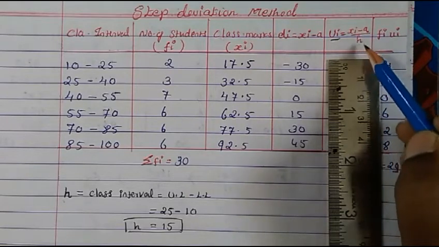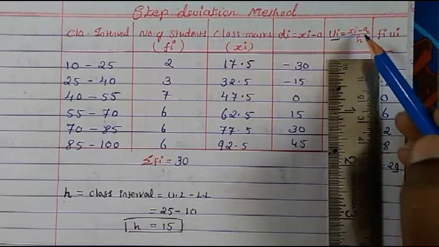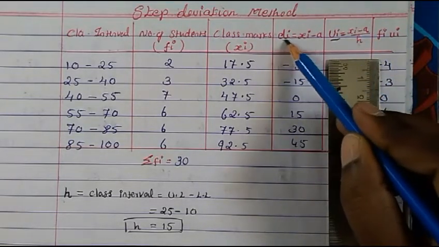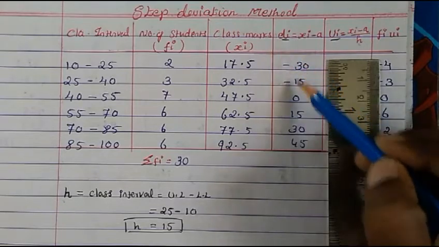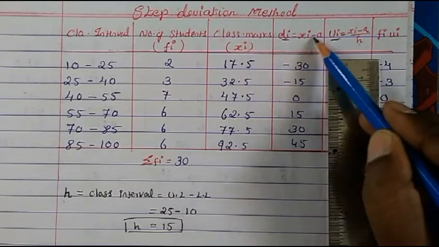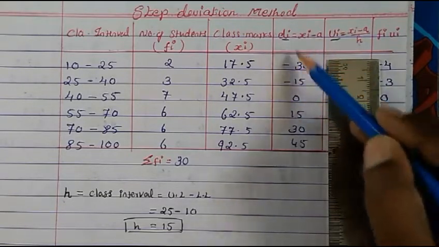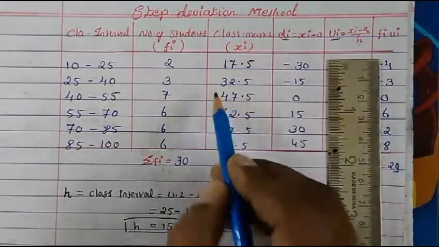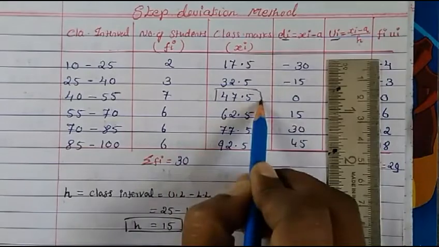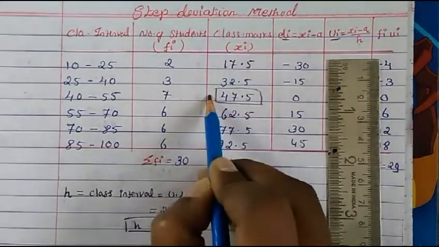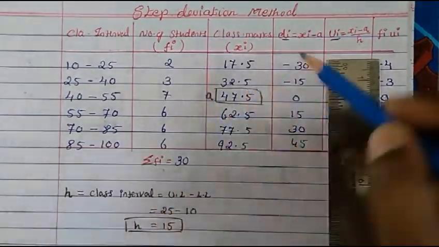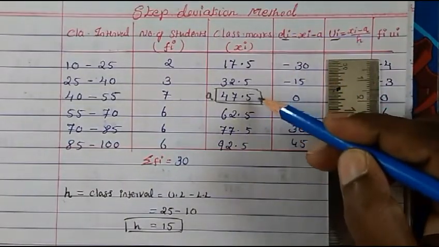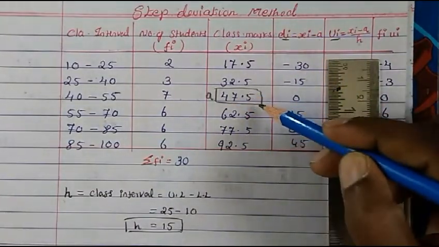h is nothing but the class interval. xi minus a is this di. So di only, what we have written di, that is xi minus a. So already I told you how to write di. There is no calculation. Where assumed mean method, this is what we have assumed. Okay, this is our a. I told you if it is an even number, then 2 numbers will come in the center, but we choose any one. So the smaller number we choose.